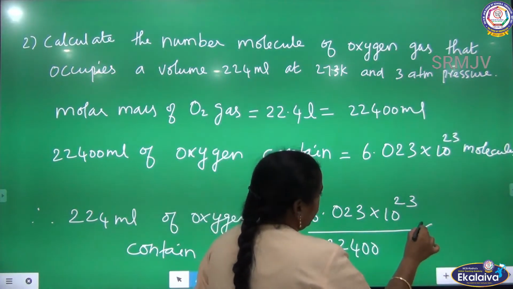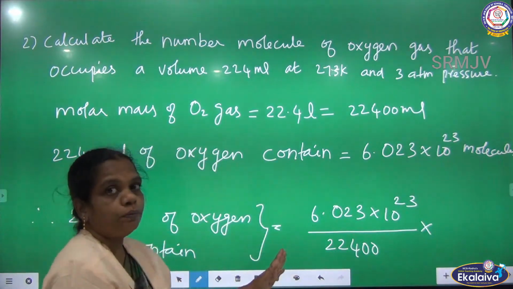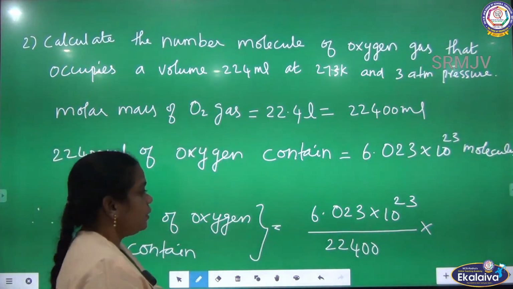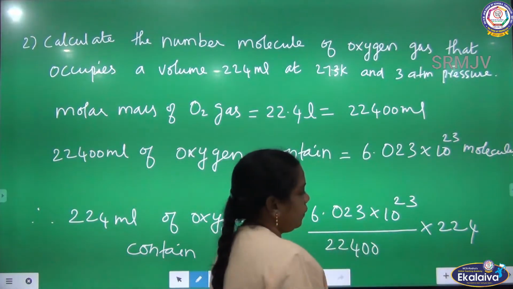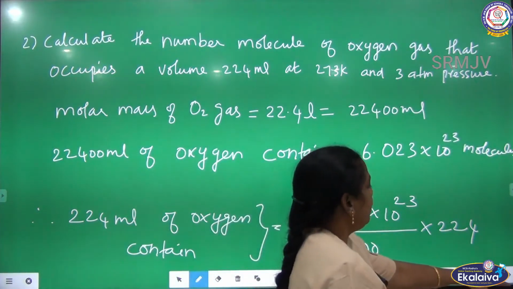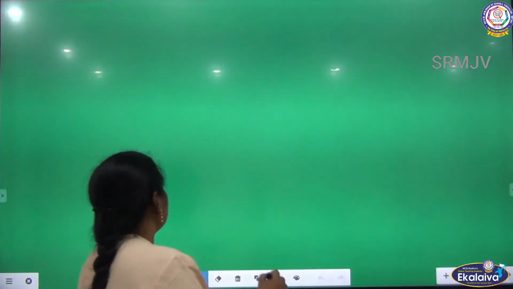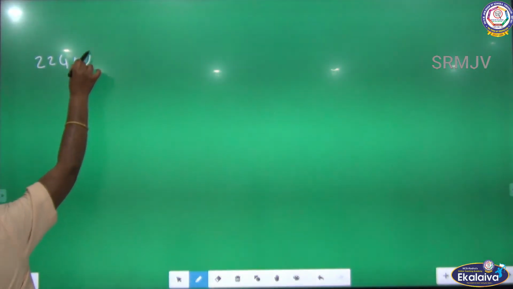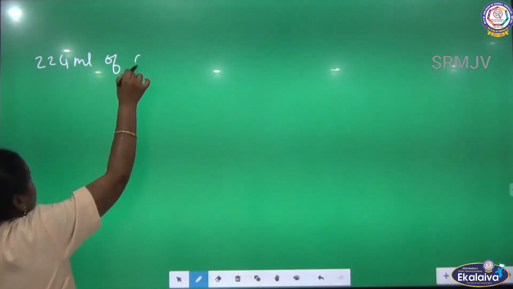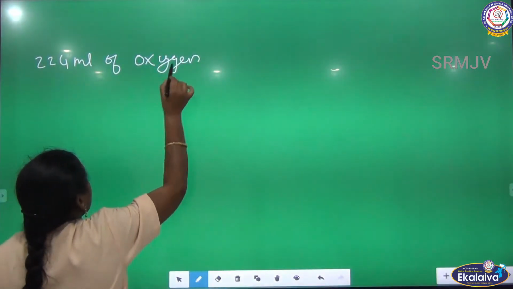22,400 into the given volume. The given volume of the gas is 224 ml. Now you see that 224 ml of oxygen contain